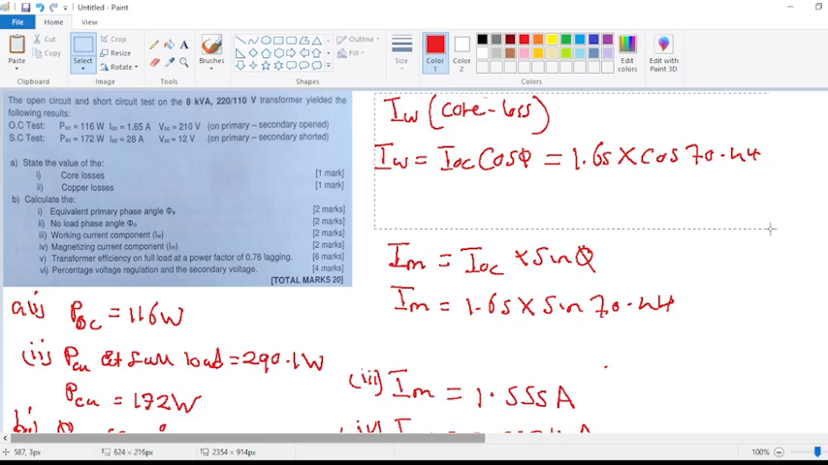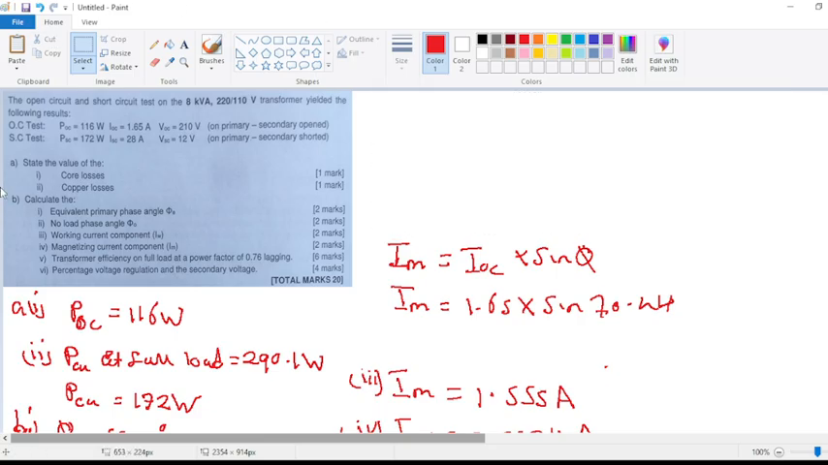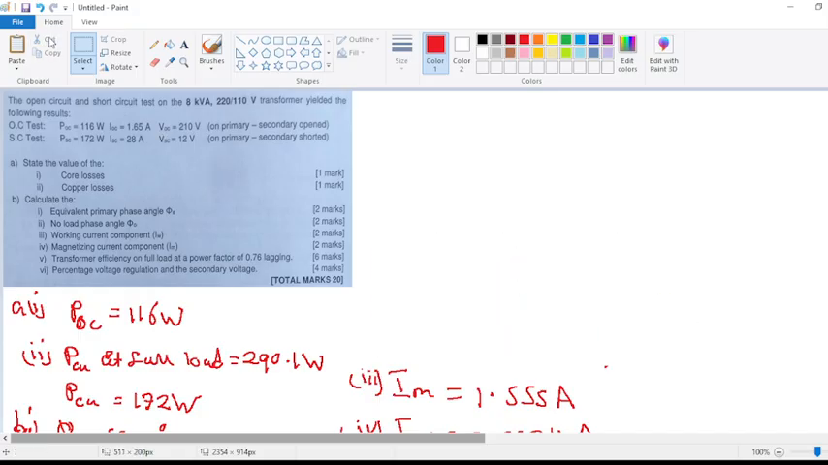We go to the next question. So the next question says, question 5, the transformer efficiency on full load at a power factor of 0.76 lagging. So it was lagging, not leading. Okay, so since we had that, so this one was lagging. So now to calculate the transformer efficiency,